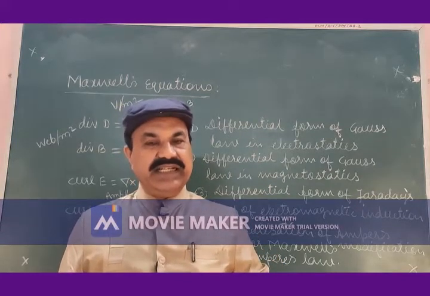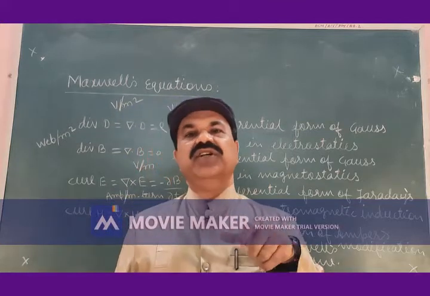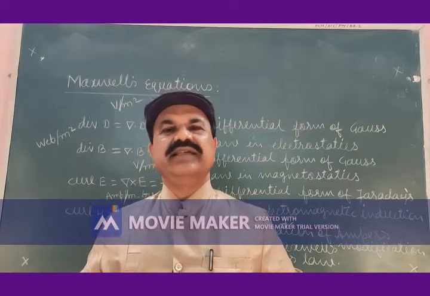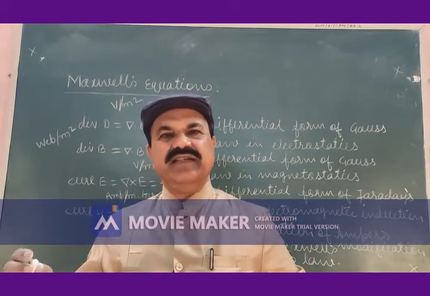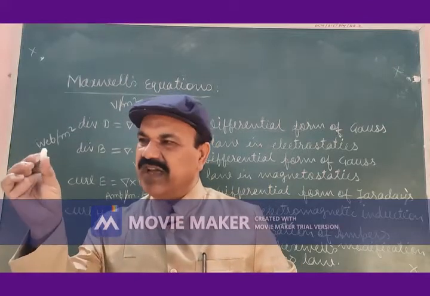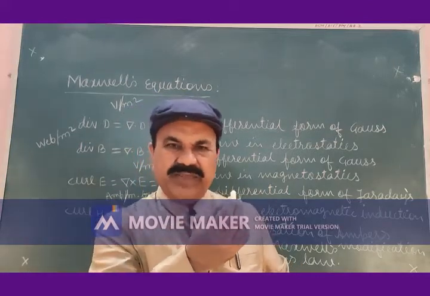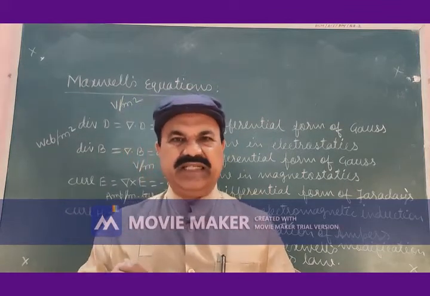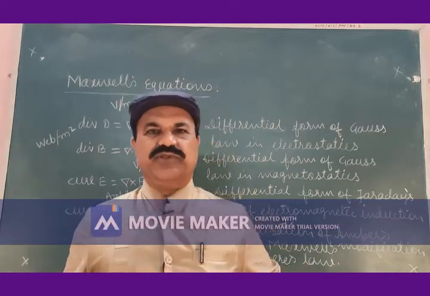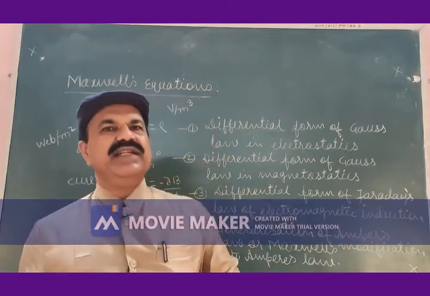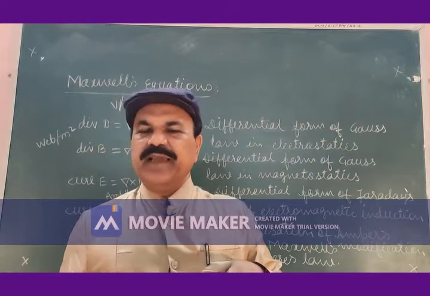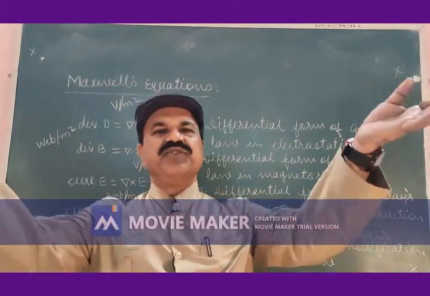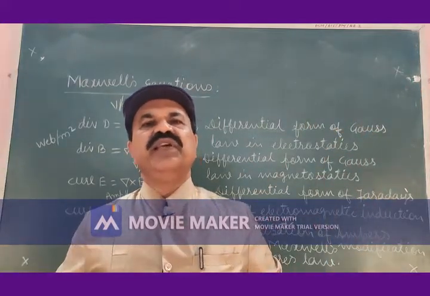It means that it is not possible in our physical world to isolate these two poles from each other. We cannot have a magnetic material having only a north pole. We cannot have a magnetic material having only a south pole. Whenever we have a magnet or a magnetic material, it always has two poles, the north pole as well as the south pole. It is impossible to separate or isolate these poles from each other.